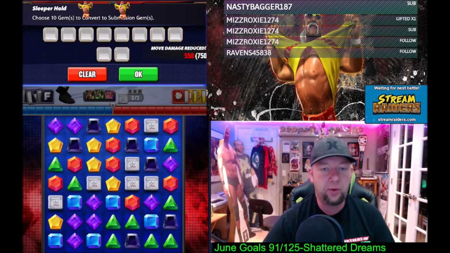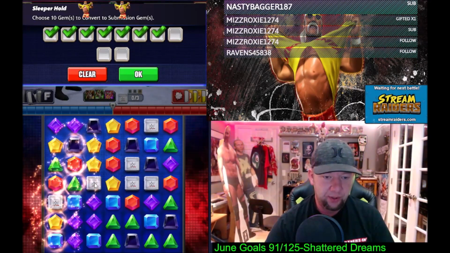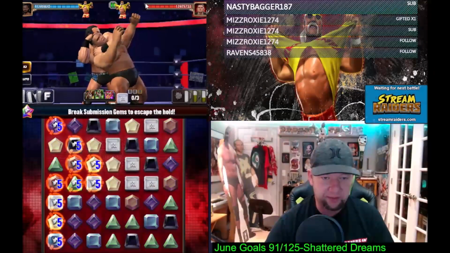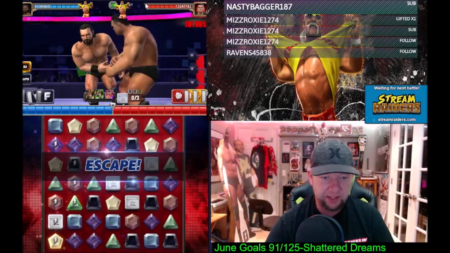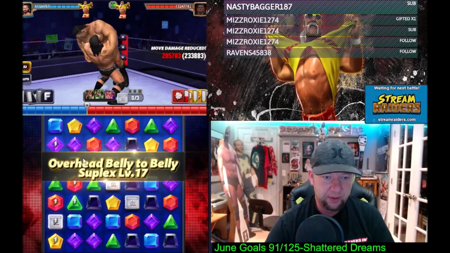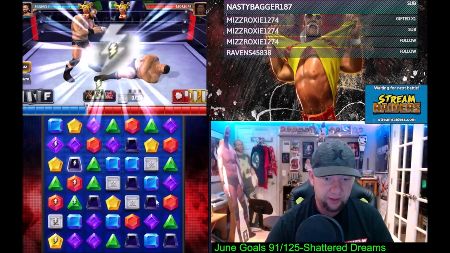Turn 1, I'm going to want to go ahead and do the submission. And I'm going to try to stick to one side of the board. And you'll see why when I hit the finisher. I kind of want to stack power gems up on one side, because I need a safe side to drop my finisher. So we got to make it one more turn here, too. So I'm going to go ahead and fill in some of these over here. We're going to do that,